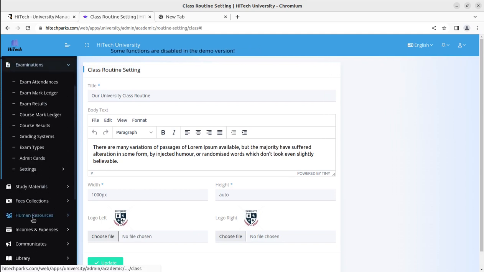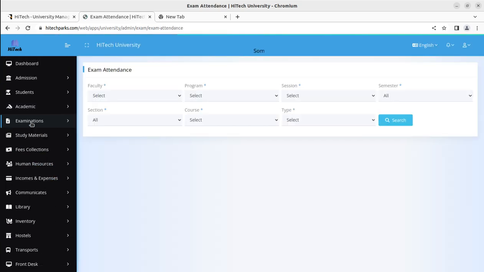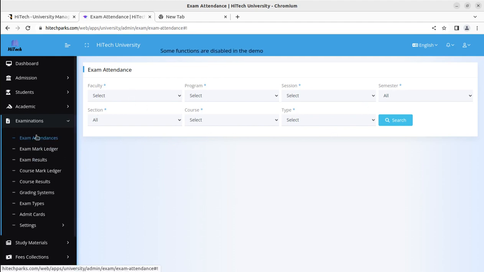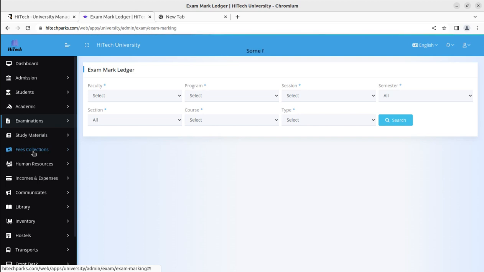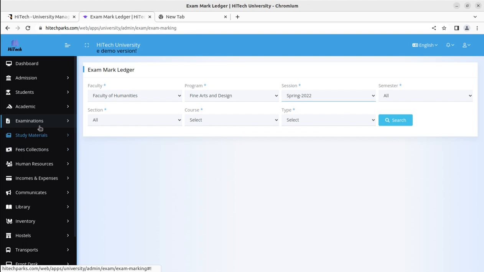Next we can see the examination screen, and examination is again an important part. So exam attendance is here. So all the attendance in the examination can be marked from this screen. Exam mark ledgers. You can select the parameters and the data will be shown in the grid. So just in case if you want to